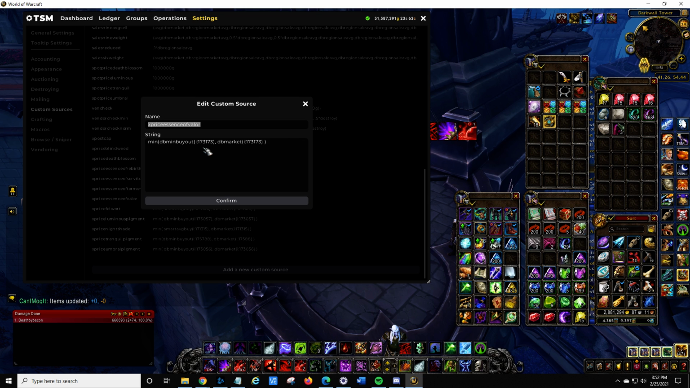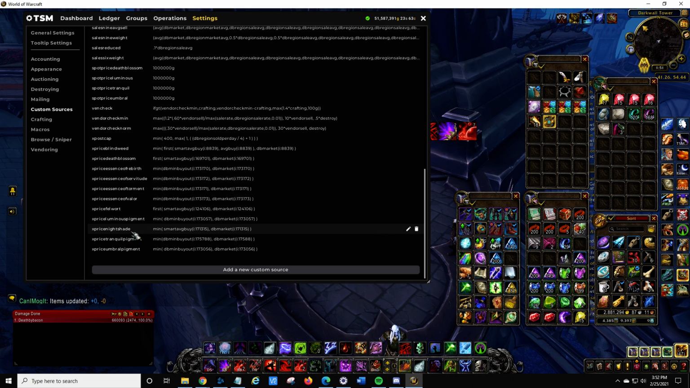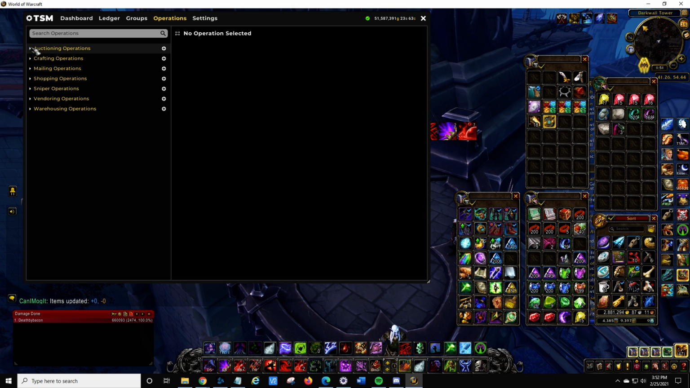Now you don't have to do exactly what I'm doing here. In some cases I'm doing first, here it is, first for Fellward, first smart average buy or DB market. What I'm trying to do is come up with some sort of pricing mechanism that gives me the information that I need to make a decision on something. So